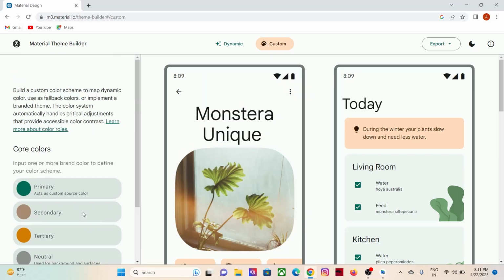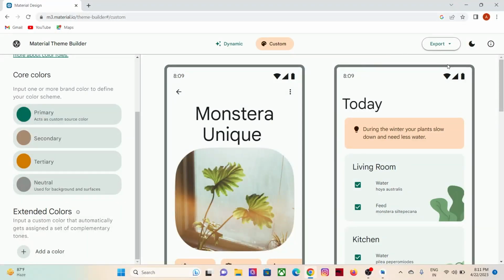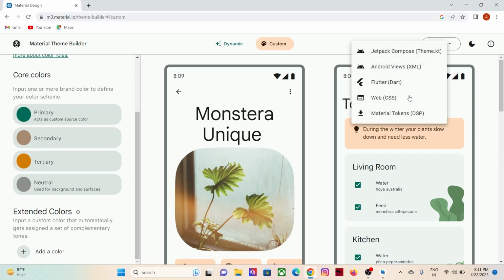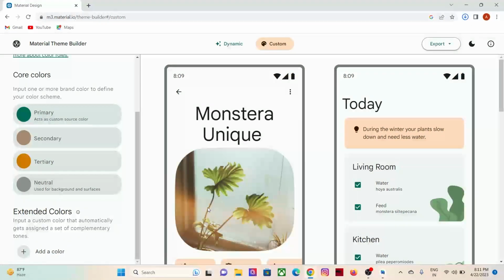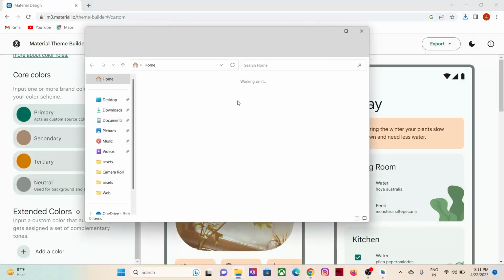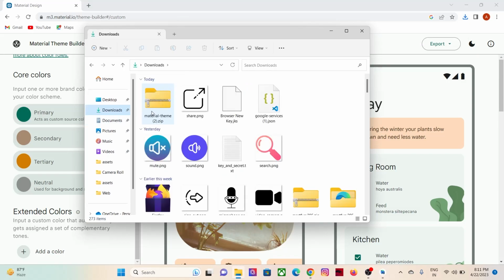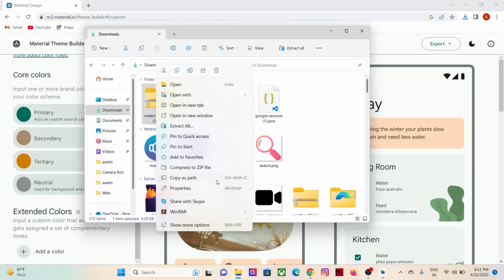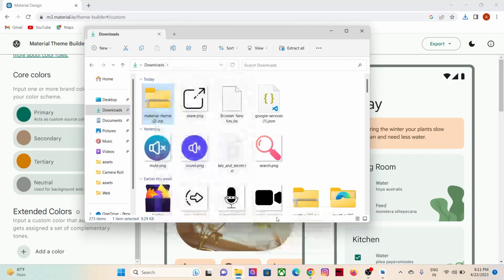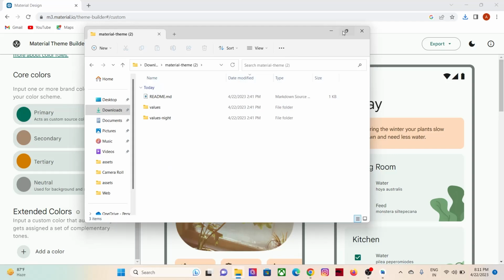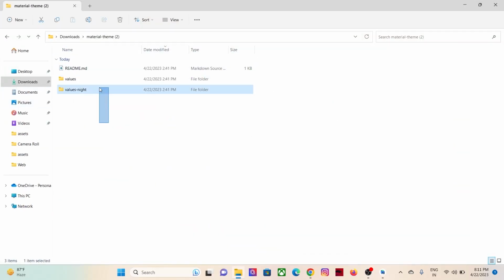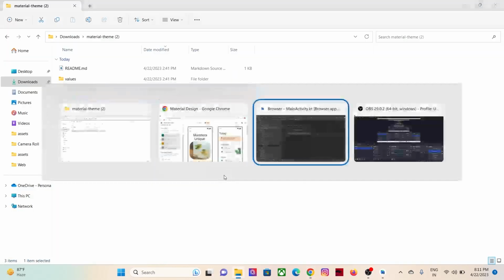After that, simply go here to export and choose Android XML, and here you can see the material theme is downloaded. Just go to the downloads folder and extract all the files. Here you can see the values and values-night, and here you can also see in our Android Studio